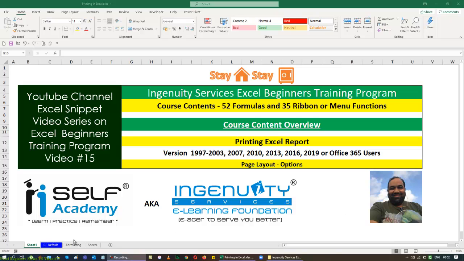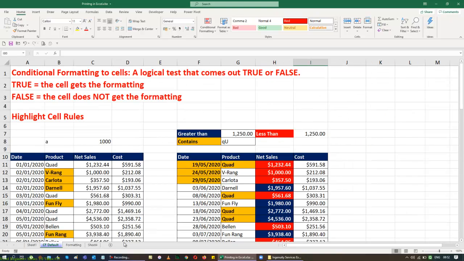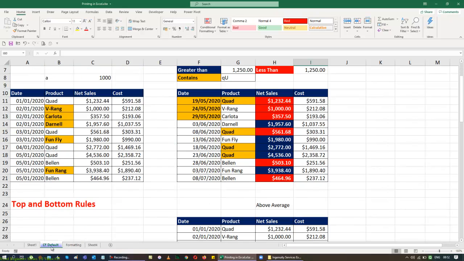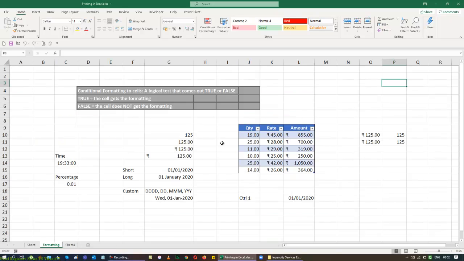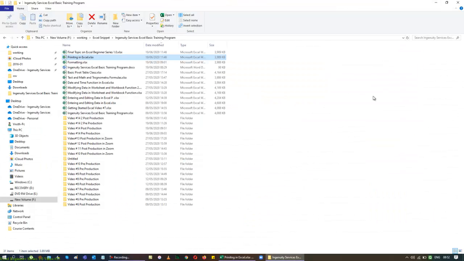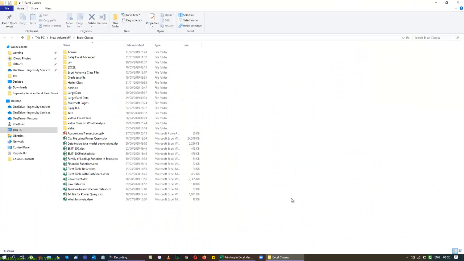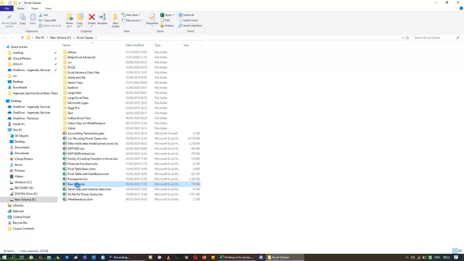I think I have a few sheets here, but again, let me take up some raw data that I've built earlier so that I can print them nicely. I think that I can even print this option if I wanted to. Let me take a new data into our list so that I can work around with the printing options better. As we already have a few data in our list, I'm going to just take up our raw data into consideration and take this data for our printing options.